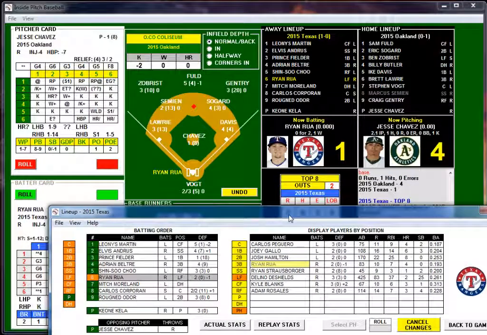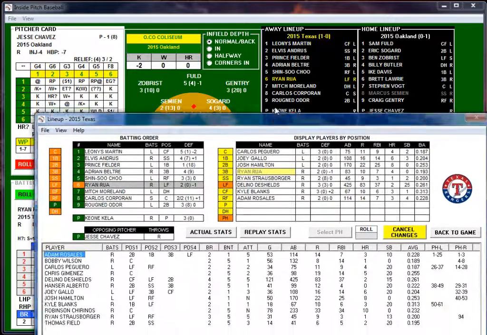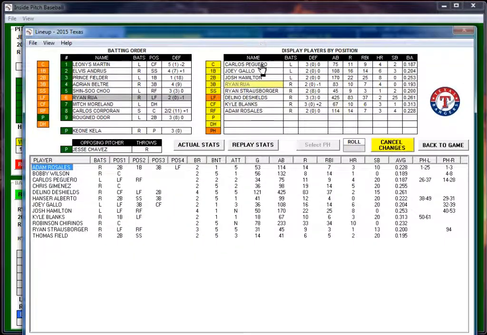I'm thinking I'm taking Rua out. Rua is the left fielder. Let's look at his. Can we look at his? Yeah, he's only batting .193.